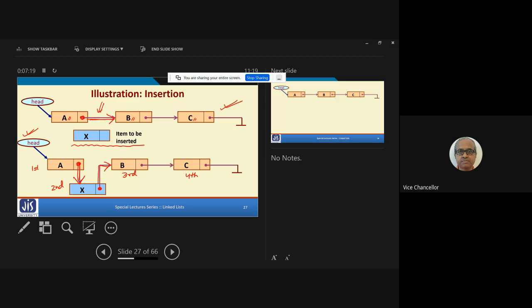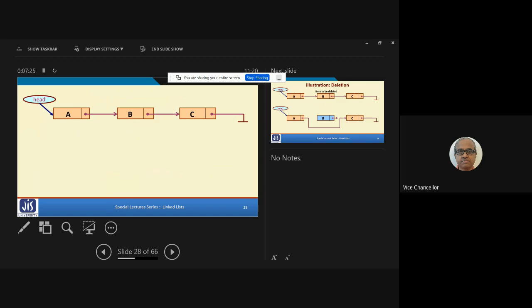Okay. Now, talking about insertion, there can be several different scenarios. Let us look into it. This is that linked list once again. Let us look at the first scenario, where you want to insert an element at the beginning. Which means I have a node, let's say X. I want to insert it in the beginning. So if you want to insert into the beginning, the steps you have to do, you just remember this. I have to modify head because initially head was pointing to A.